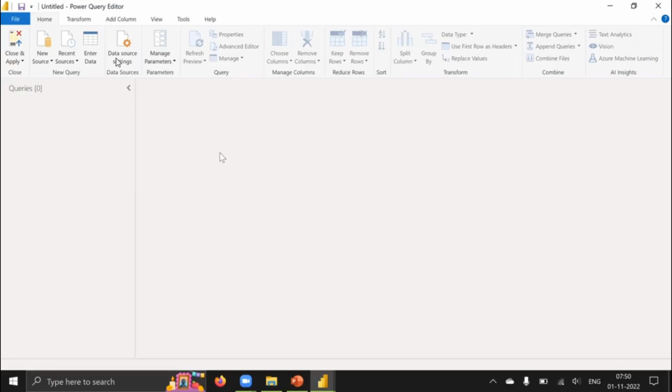Now, to connect to a new file. Right now we have not connected to any files here, right? Queries here means tables. In Power BI, queries means tables or data sets. So now, to connect to a new data source,